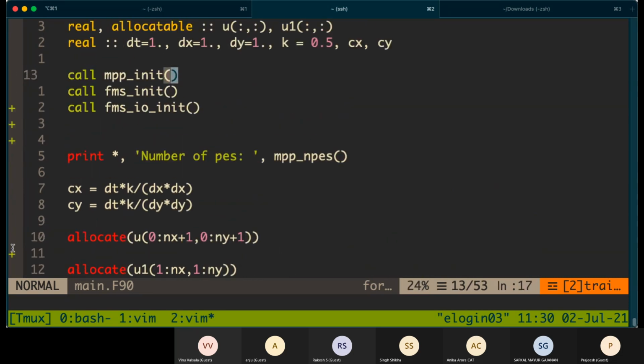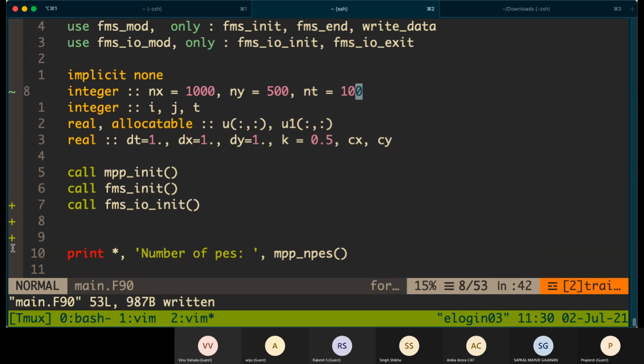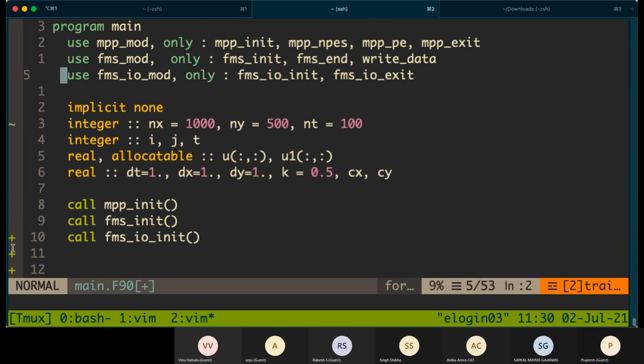So first thing is, as I said, we need to decide the layout, the processor layout. First of all, we'll import all the necessary functions from the FMS library.